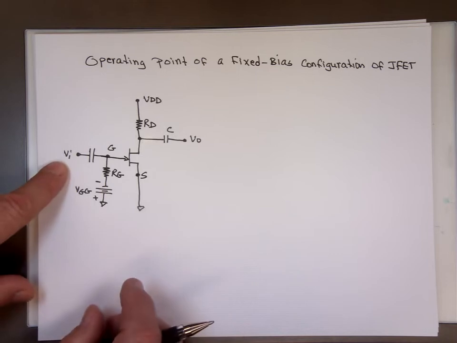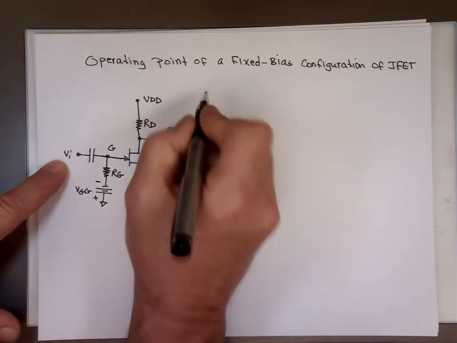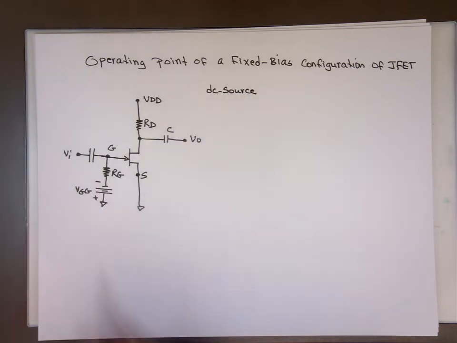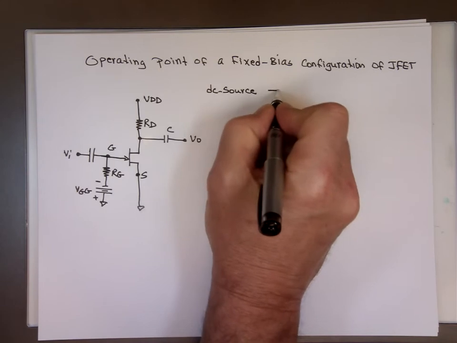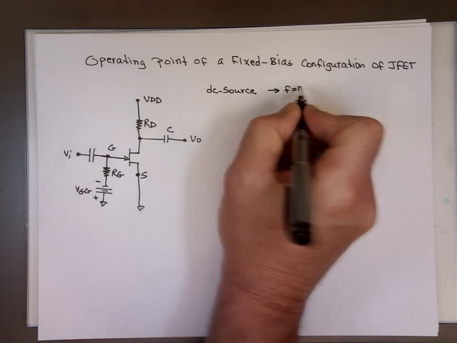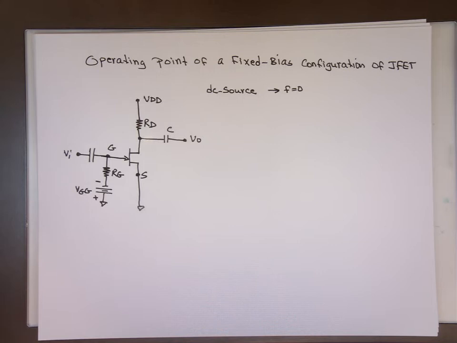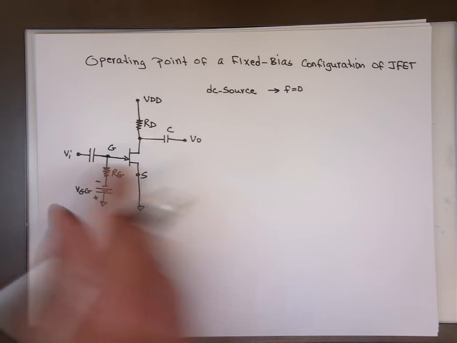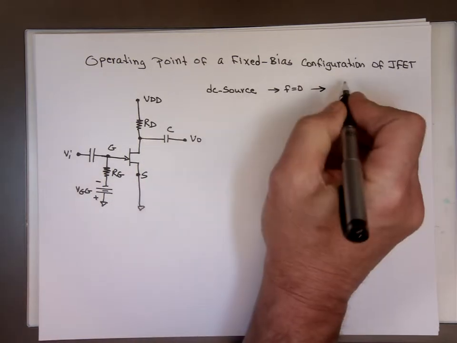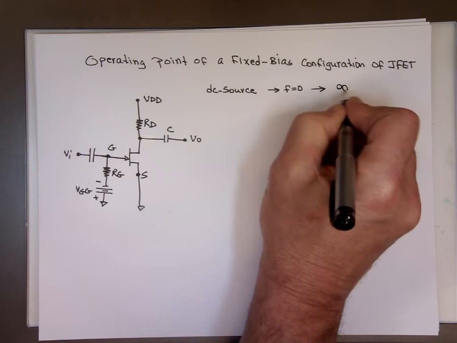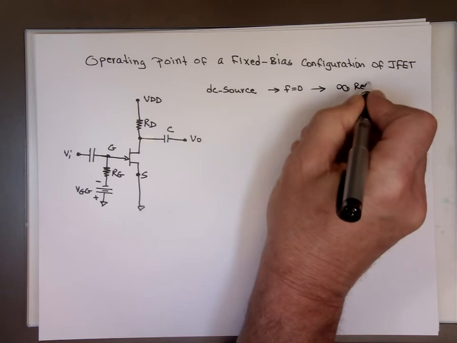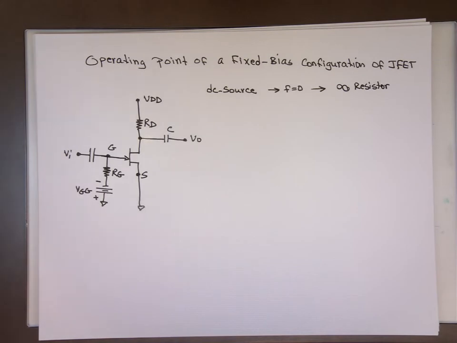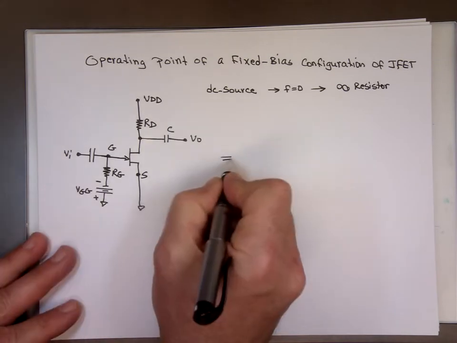So again, with the source being a DC source, that means your frequency is actually 0. If the frequency is 0, then the resistance of the capacitor is going to be infinite. So the capacitor is going to behave as an infinite resistor. And if it's an infinite resistor, might as well just take them out. So this circuit actually will turn to this one,